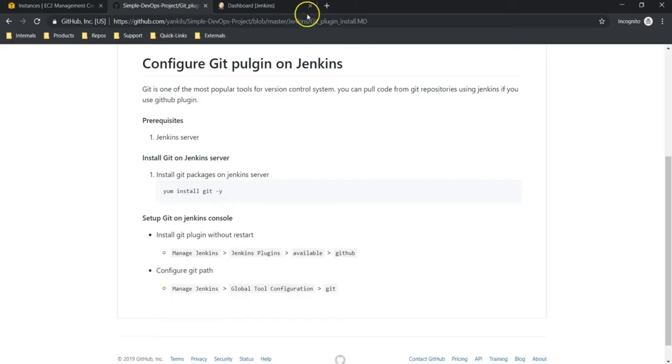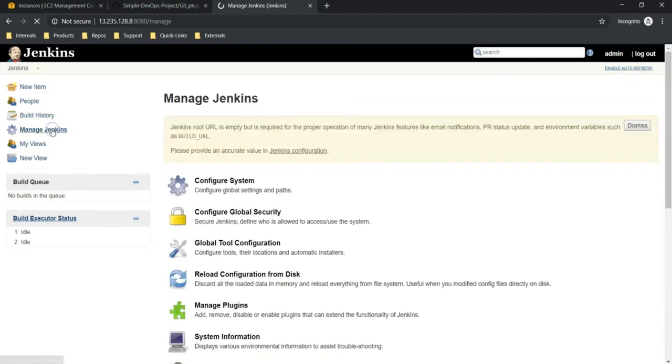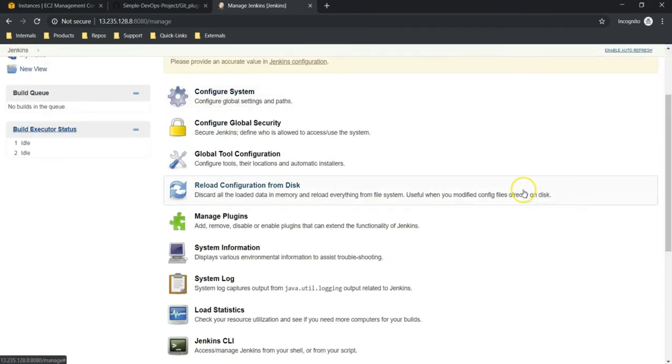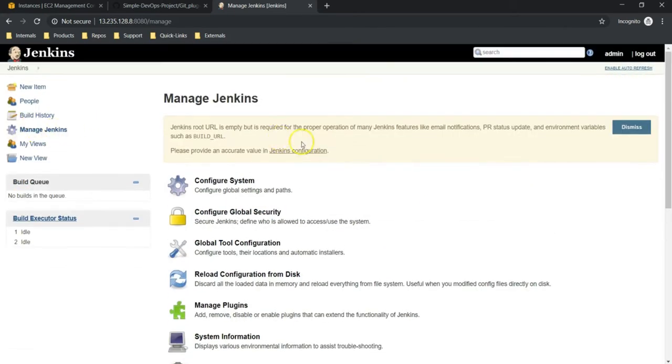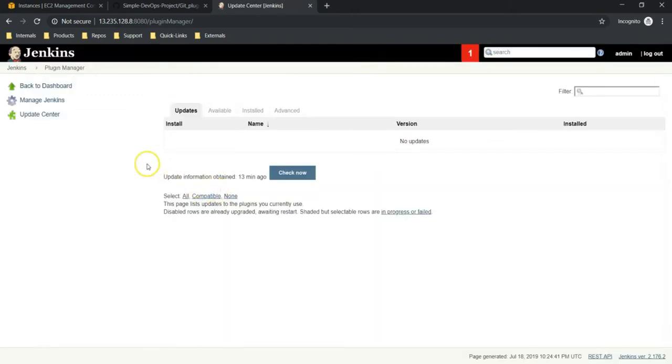Go back to the console. This is our Jenkins console. Now we should install a plugin. Whenever we were configuring Jenkins initially, we haven't installed any plugins. If you want to install plugins manually, go to Manage Jenkins, then Manage Plugins, to add or remove plugins. Updates talks about whether any latest versions have been released for plugins you have already installed. It will show up here.